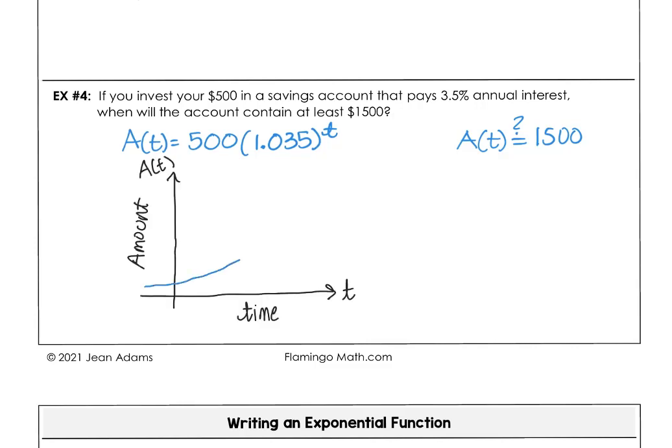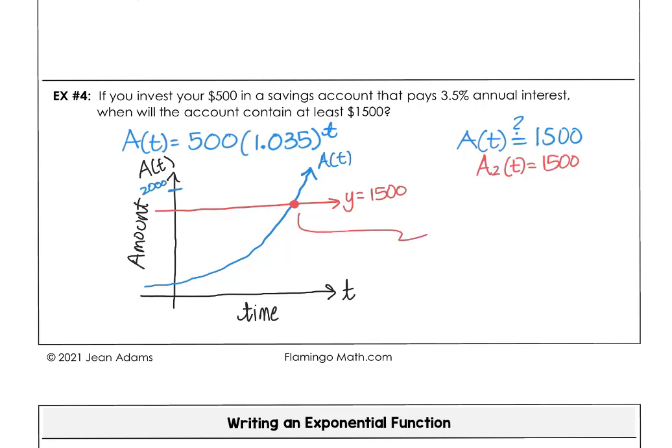So you'll need to zoom out on your calculator to get the full feature. This is our a of t function, y equals a of t here. I've made my window go up to at least 2,000 on the y-axis. And then in red, I'm going to graph the y of t equals 1,500, which is going to be right down here. This is y equals 1,500. We're wanting that intersection point right there. So if you use that intersection feature on your calculator, you'll see at 31.935,